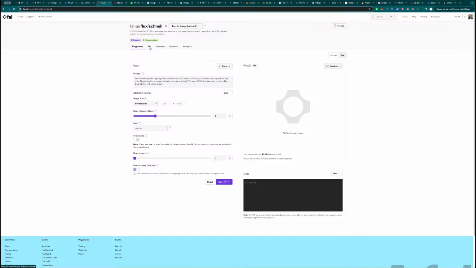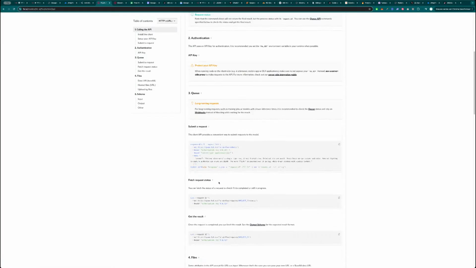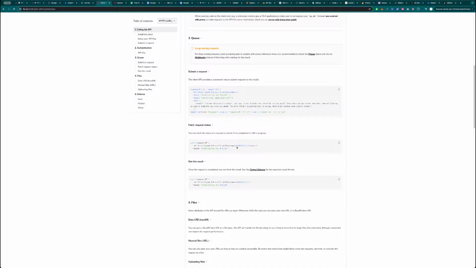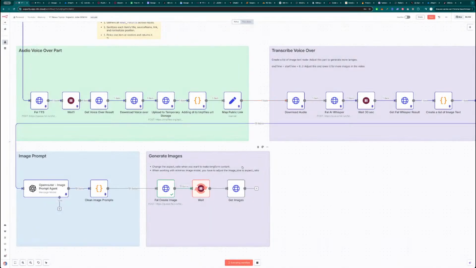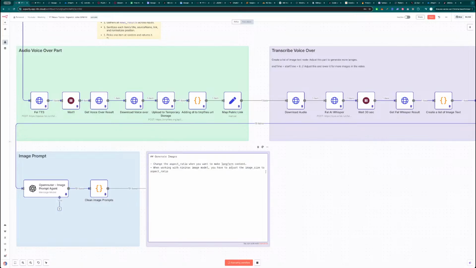Then we are going to the API documentation, and we will have to copy this HTTP URL and change this one because we were using the Minimax, and for now we have to change it to Fal AI. That's good as well to enter into the change the